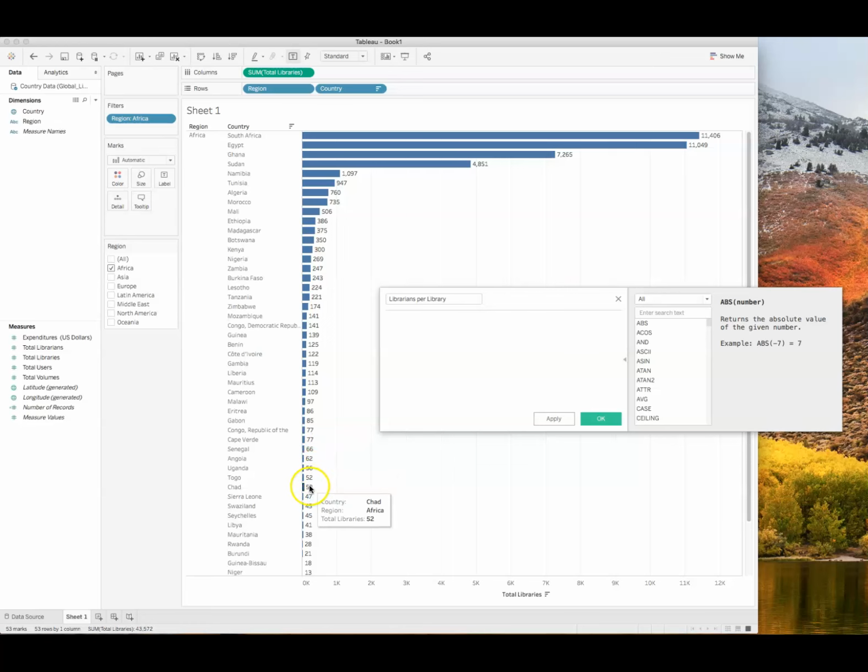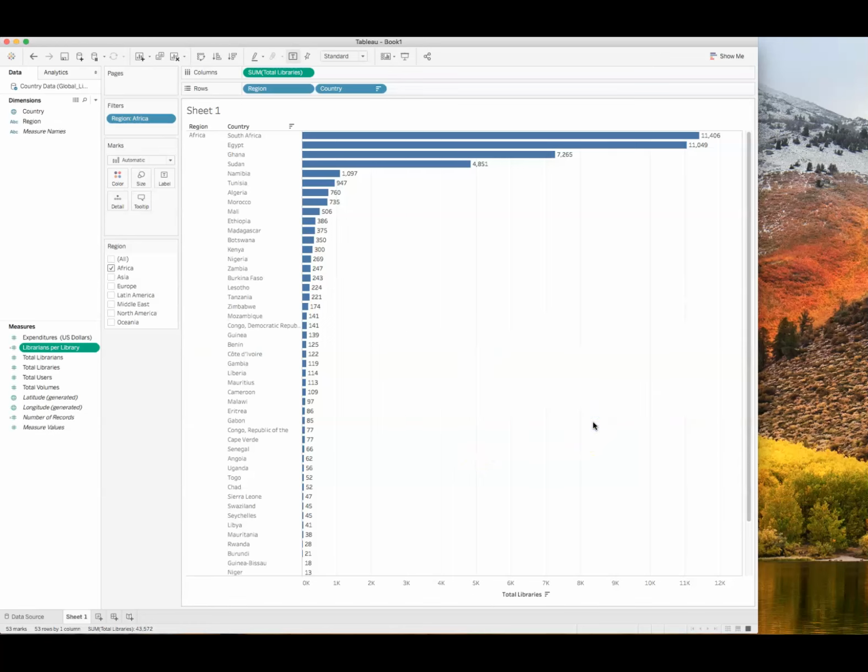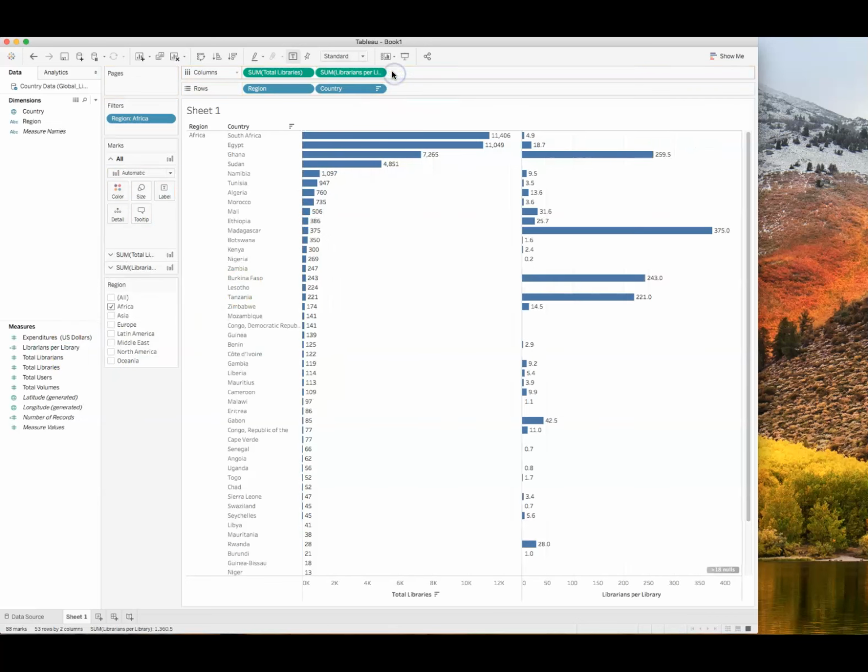So we take the number of libraries and divide that by the total number of librarians. Click OK. Now it's created a new measure number, and that's our calculated field. We just drag the pill into columns. What we see is we get a second